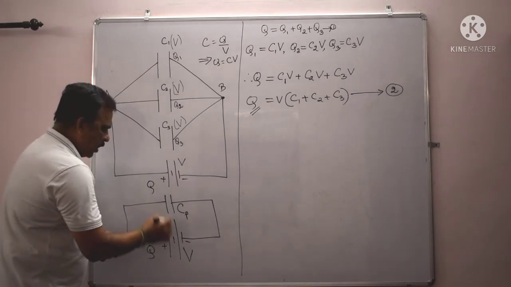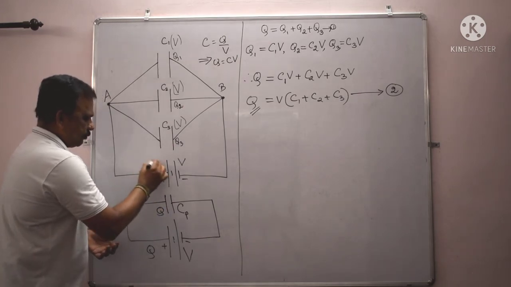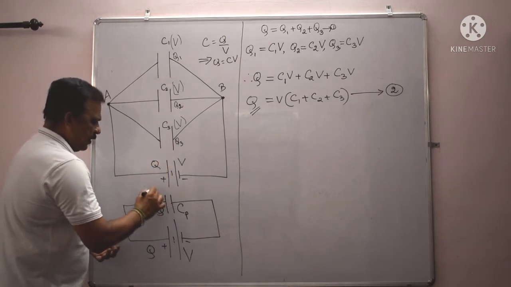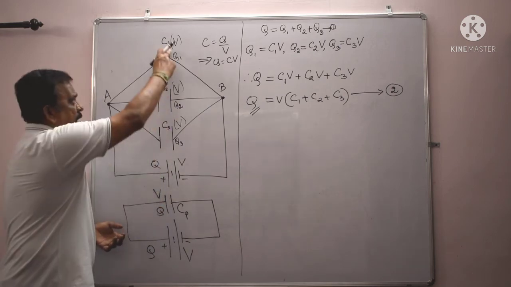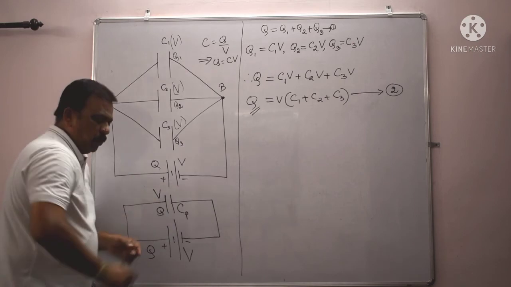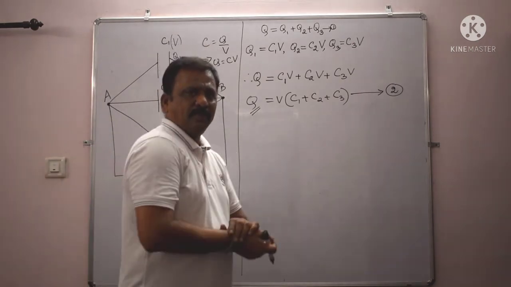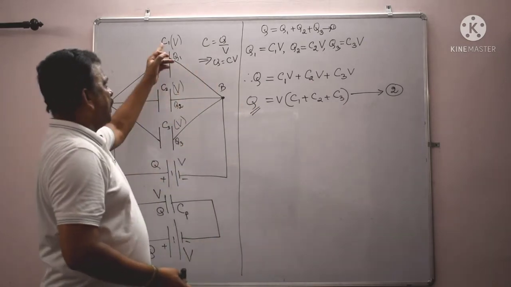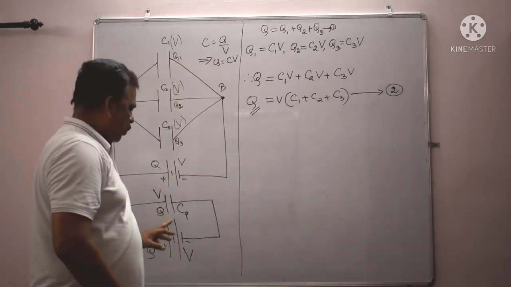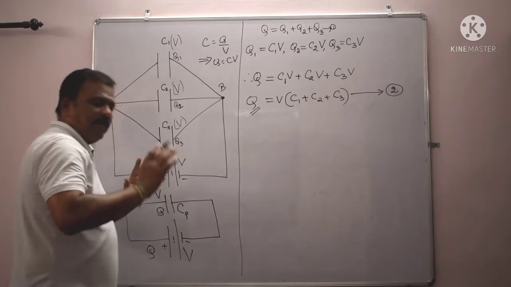Which means the charge stored by the effective capacitance is Q, and the potential difference between the two plates should be equal to V, same as that of the individual capacitors. Generally, the effective capacitance should do the same job as that of the individual capacitors in the circuit. The capacitors together have the ability of developing the source voltage. So the effective capacitance should, single-handedly, have the tendency to develop the source voltage.